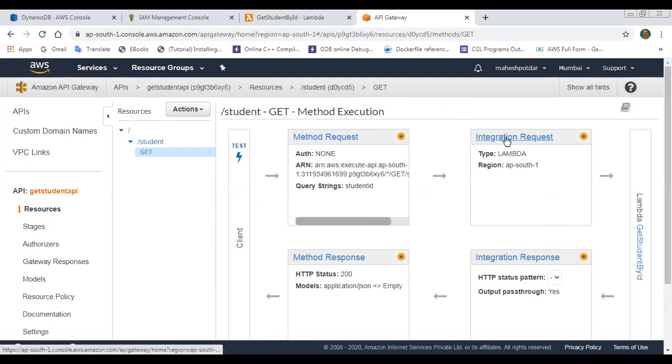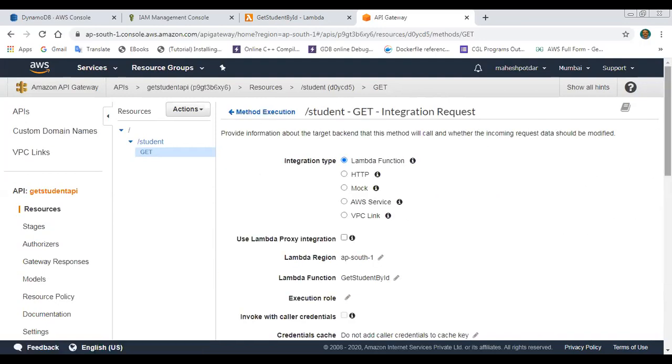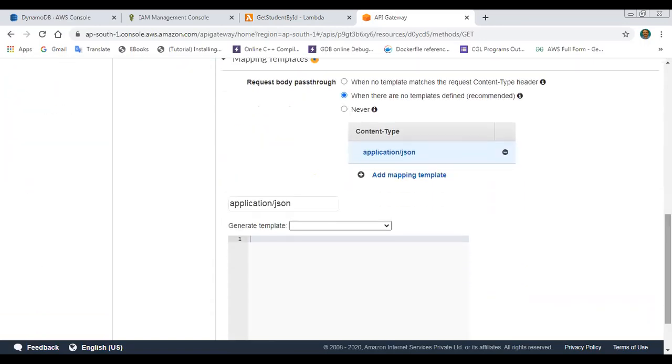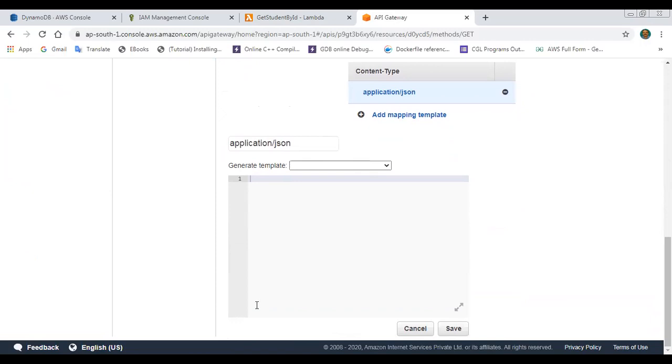Here in integration request, we have set the content type as application/JSON. Here the path is provided. From this environment, we are passing the input query parameter to the lambda function. So here we require the test data for the function. We have tested the lambda function. Now testing this particular API.